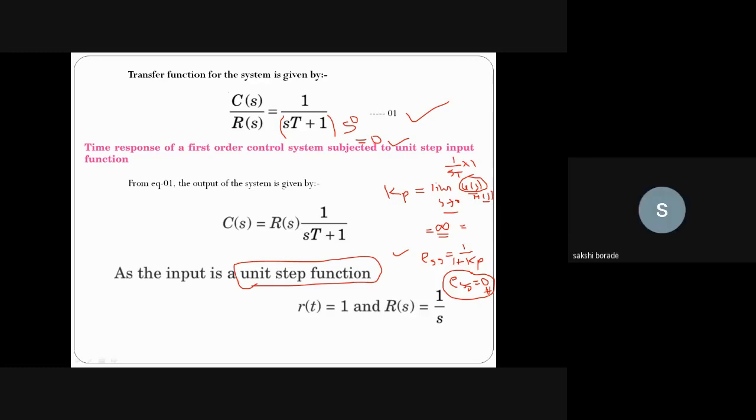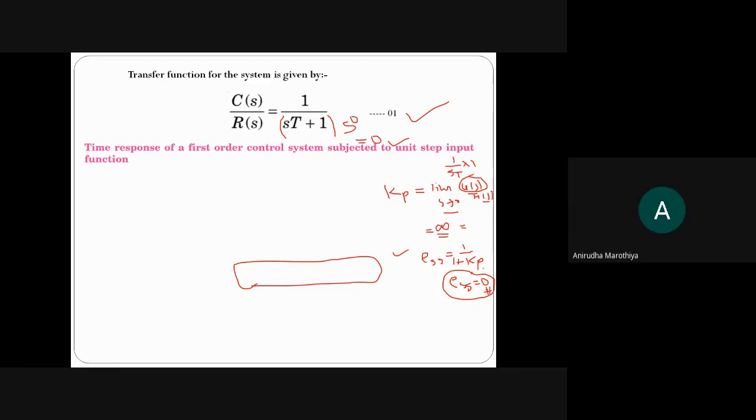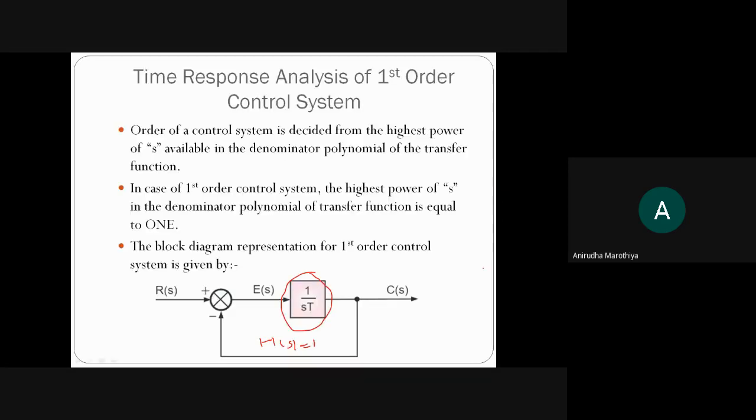Yes, sir. Or you can apply different logic to determine the value of steady state error like this. Suppose you redraw this structure in time domain, so I can write here r of t, and this error signal I can write as e of t, and this controlled output as small c of t. So at the summing point, because it is a unity feedback control system, we have tapped the output and provided it as feedback.